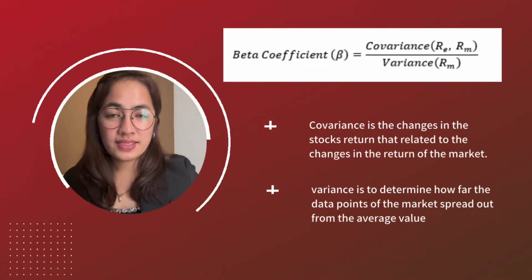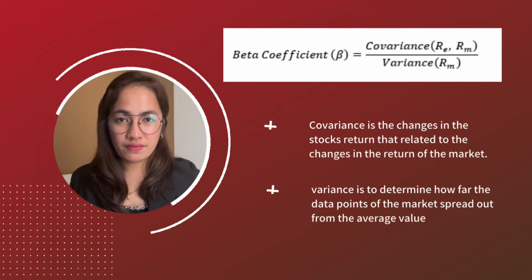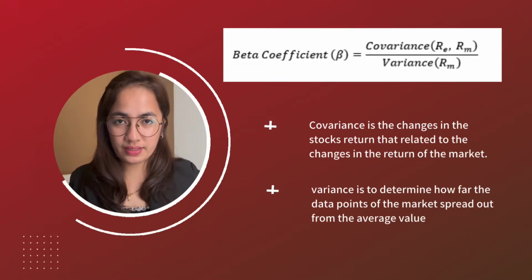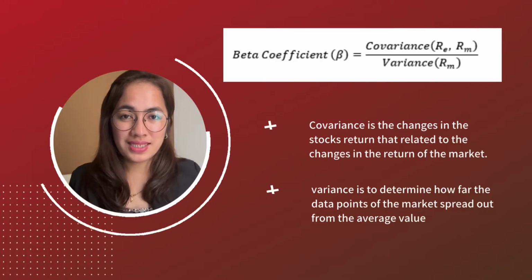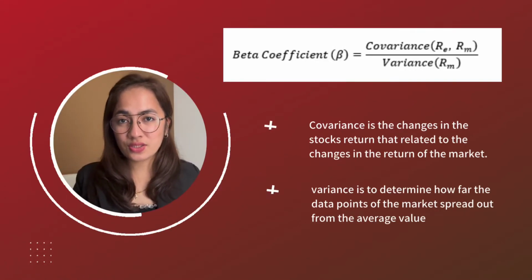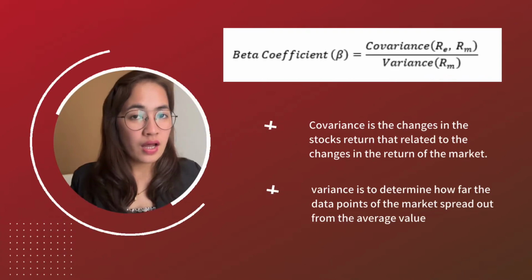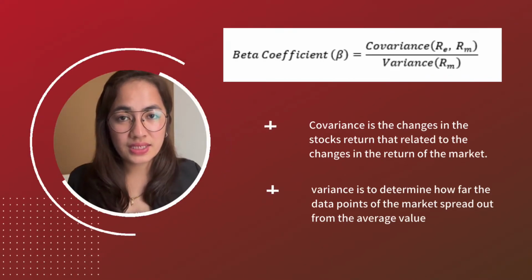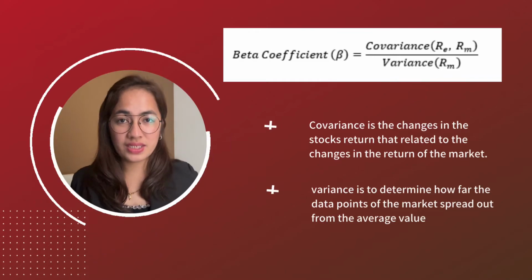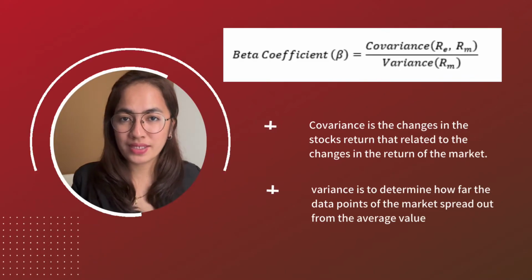Calculating the beta is the quotient of the covariance and the variance of the portfolio in the market. The value of the covariance is the changes of the stock's return related to the changes in the return of the market, while the value of the variance is to determine how far the data of the market spreads out